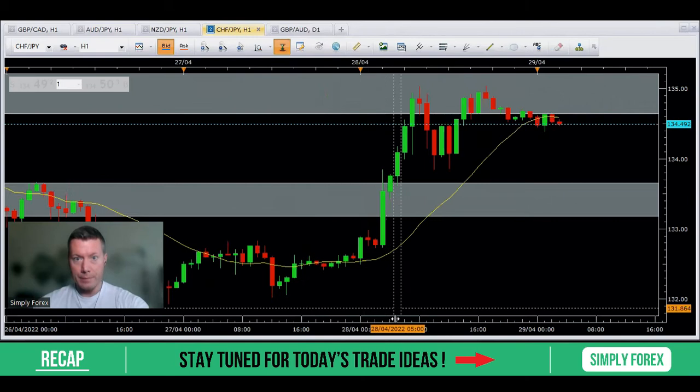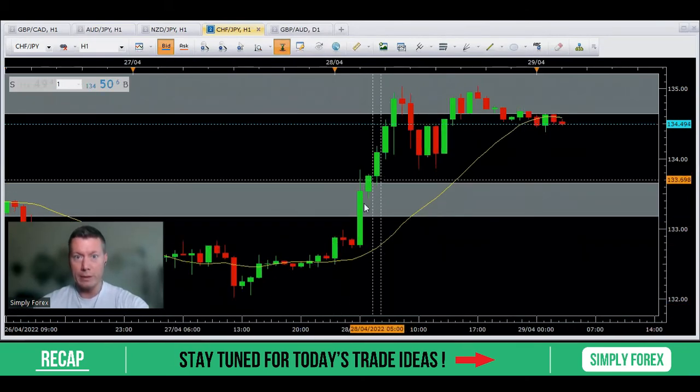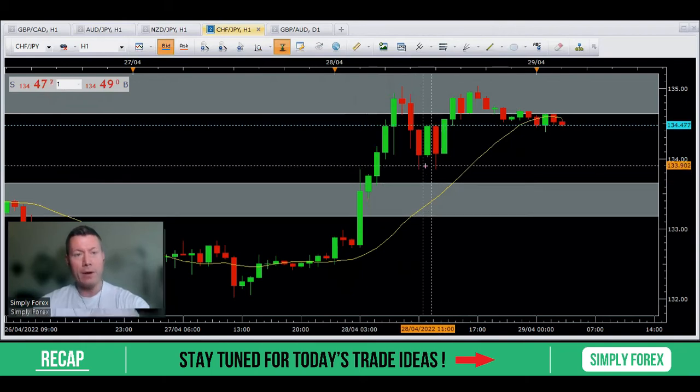And again, it reacted similar to the Aussie dollar yen and New Zealand yen. So we had this large push upwards. It reached our grey zone. But then none of these candles here told me sellers were in control. I don't like the wicks. If I'm selling a market and I want a bearish candle, I don't want to see wicks. We've got a wick